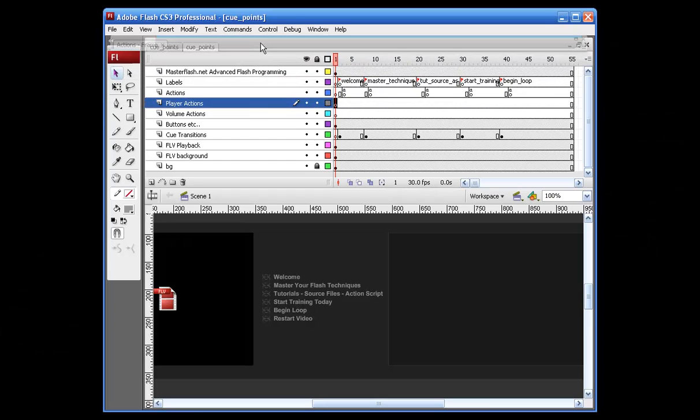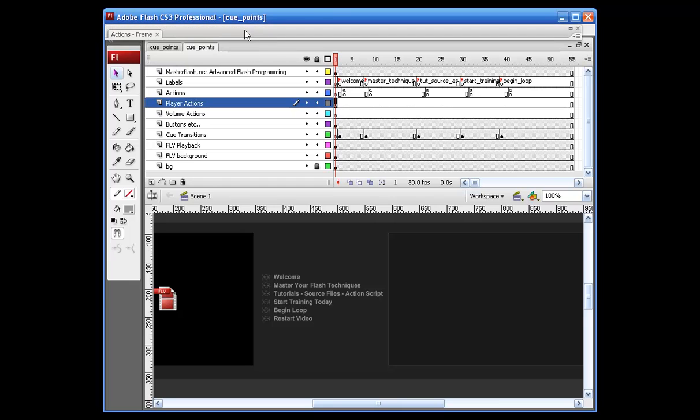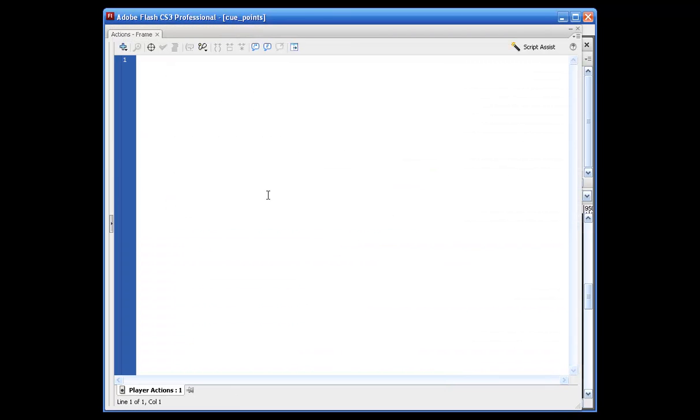So I'm going to bring in some ActionScript here and just kind of open this up. Alright, so stop(); and the next thing we need to do is import a few things. So we're going to say import fl.video.*; import flash.events.*;